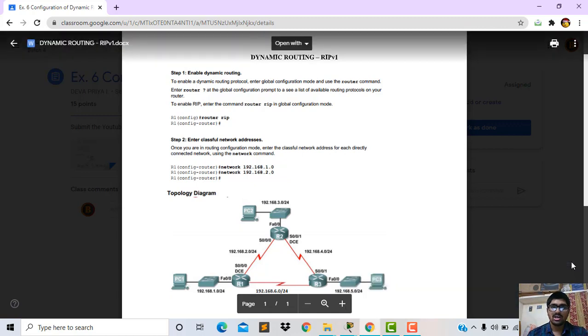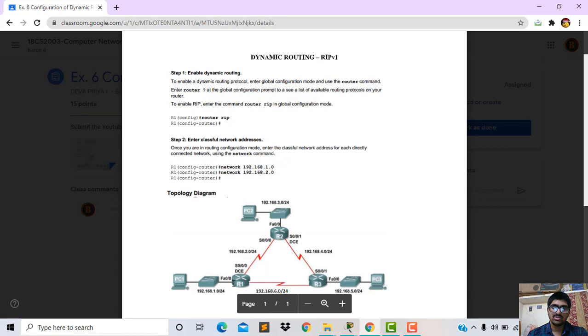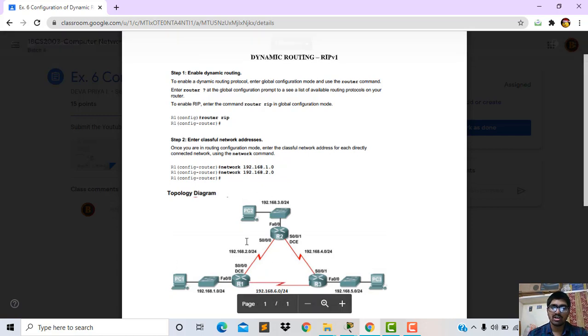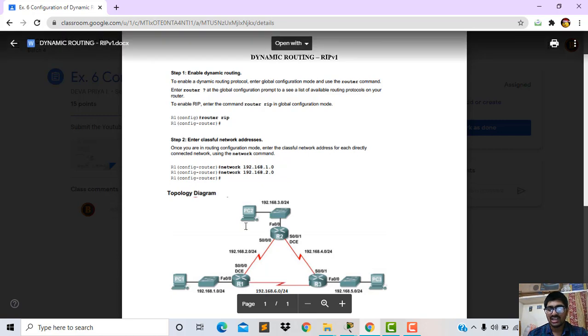And the command for dynamic routing is router RIP, and then ping to send the packet from source to the destination. And we will add to the router the different networks which are available for router 1 to access the packet from different LANs.